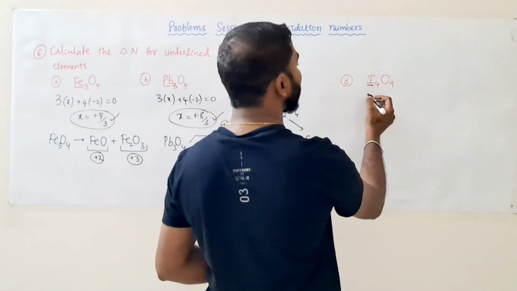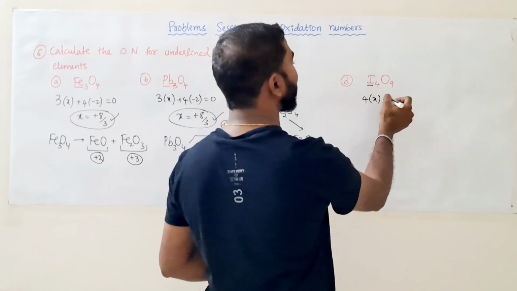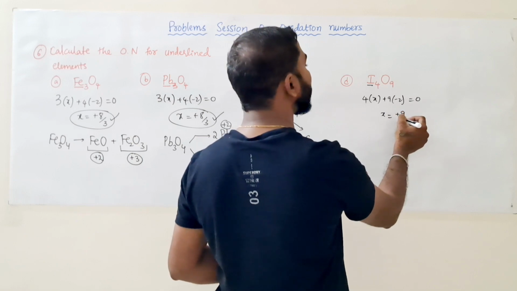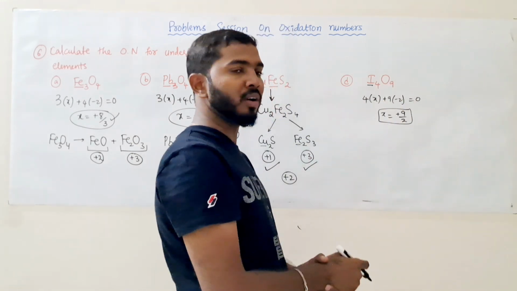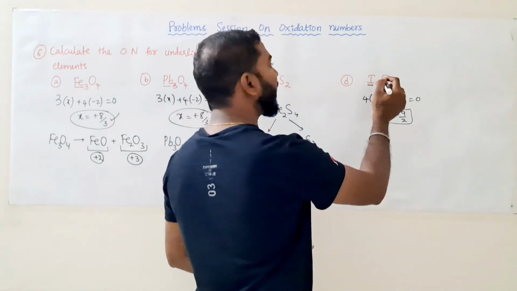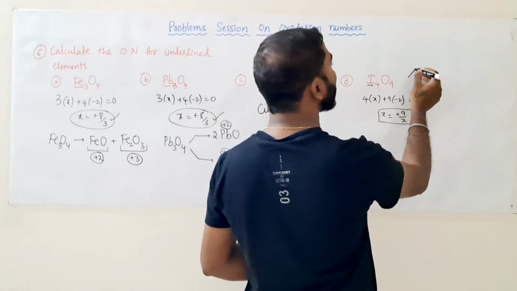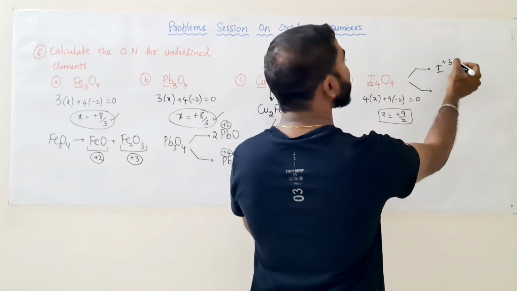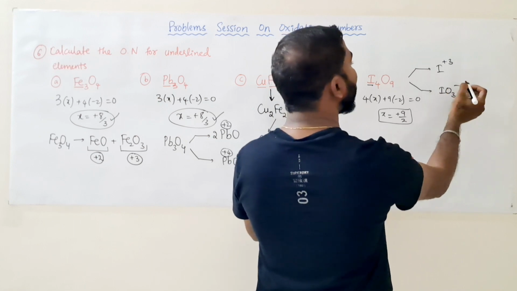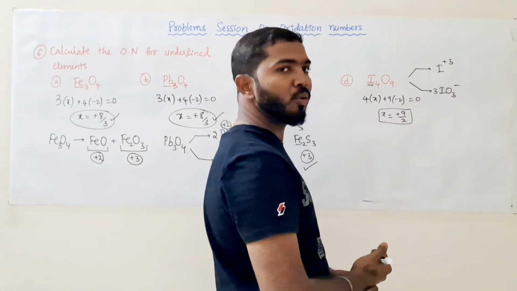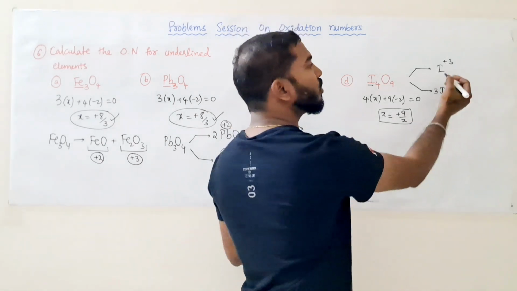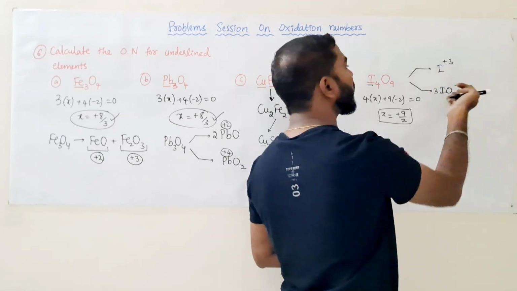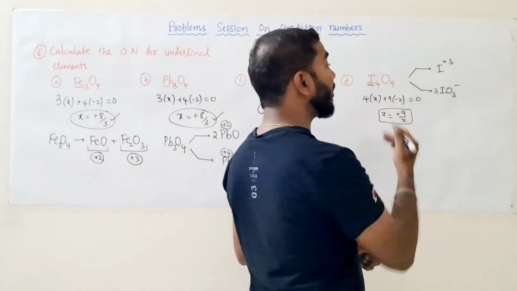Then iodine's oxidation number in I4O9: 4 into x plus 9 into -2 equals 0. x comes out as +9/2. That is the average oxidation number for the entire molecule. But actually I4O9 is a salt of an I3+ ion and IO3 minus ions. We have 3 IO3 minus ions, so together the charge is balanced: -3 charge here and +3 charge there. Altogether we get I4O9.